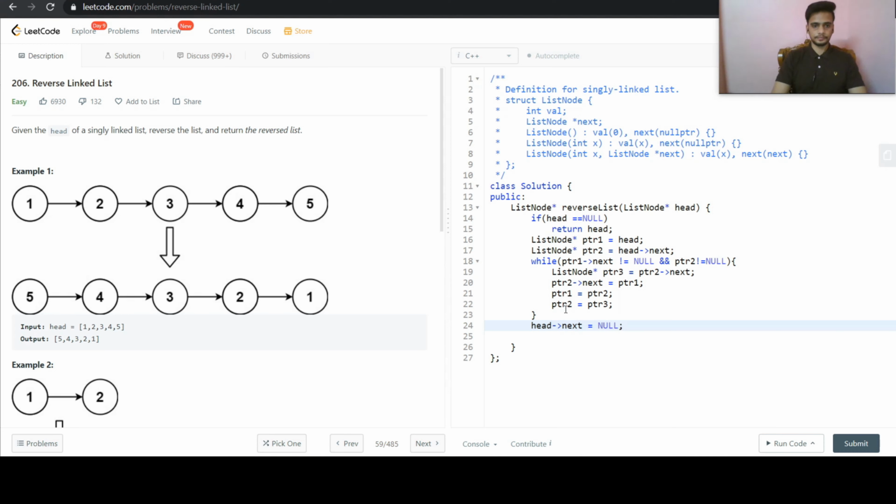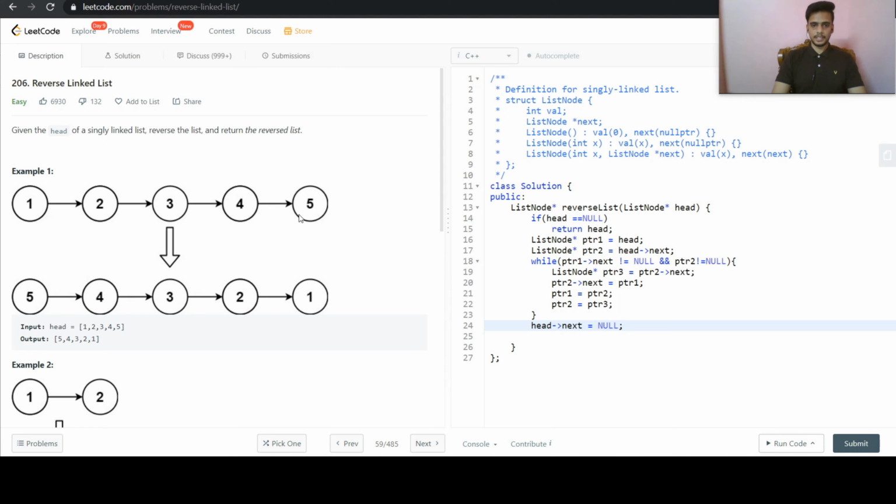Okay. So once we have reached here, at this last value, ptr1 is this, ptr2 is this, ptr's next is null.